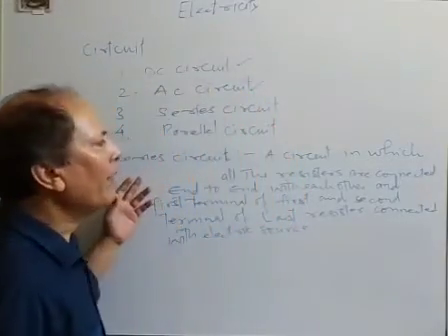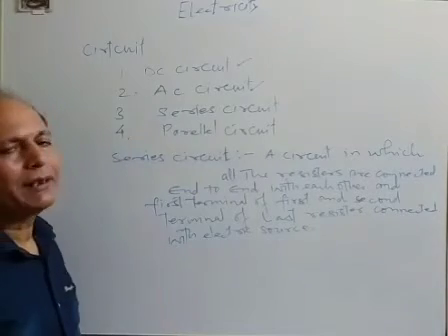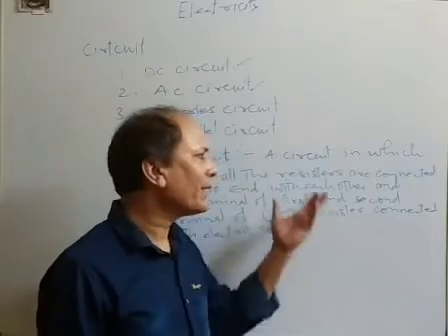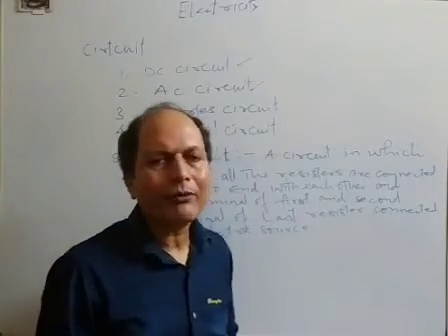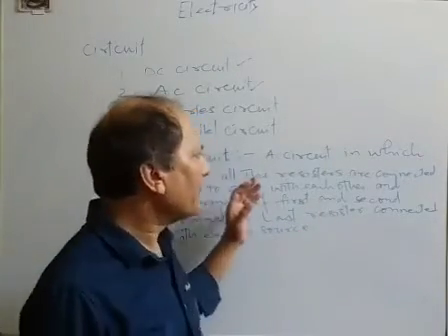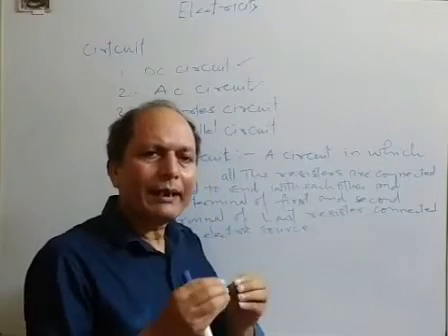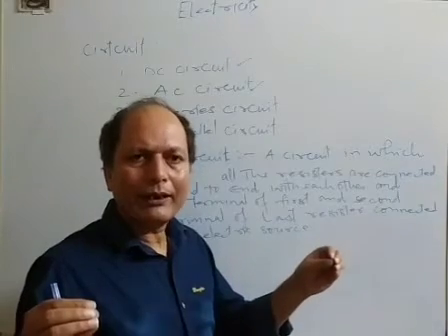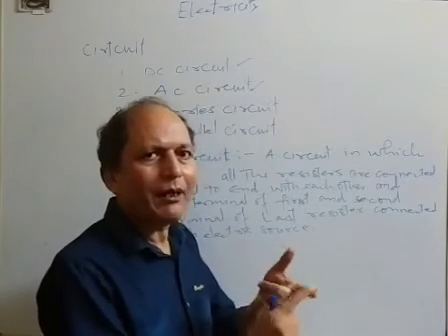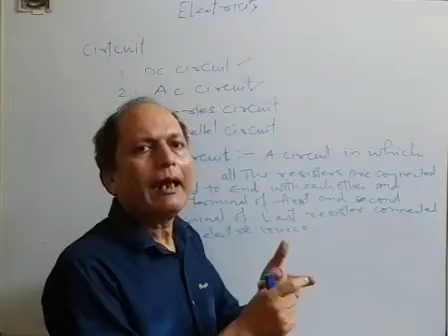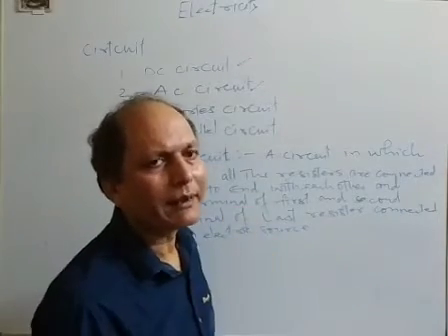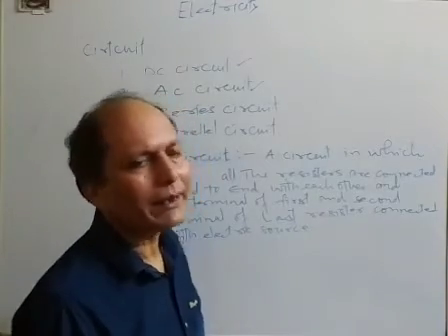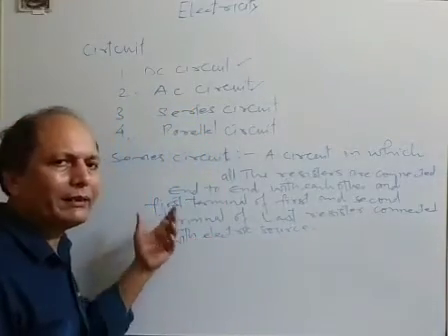So in this situation, how it happens? Once again, in the case of series circuit, mostly students are confused and they don't understand that this type of pattern exists. So I am telling you here, once again, a circuit in which all the resistors are connected end to end, and first terminal of first resistor and second terminal of last resistor both are connected with electric source. This source may be AC or DC. Such type of circuit is known as series circuit.